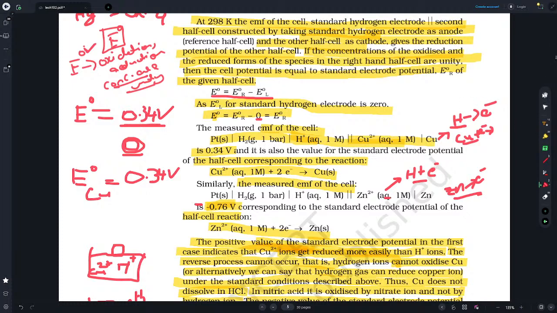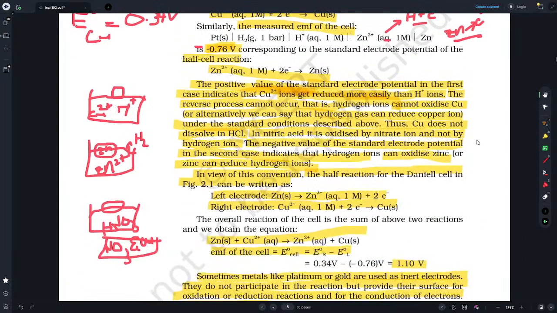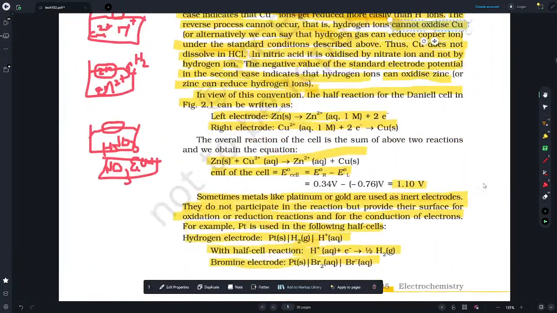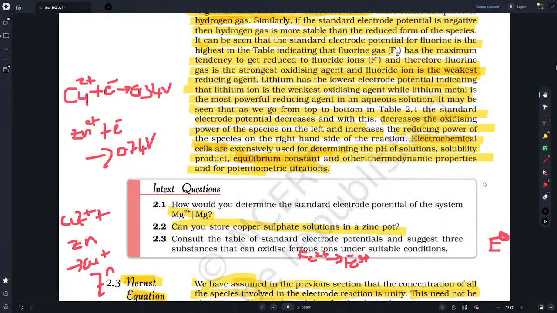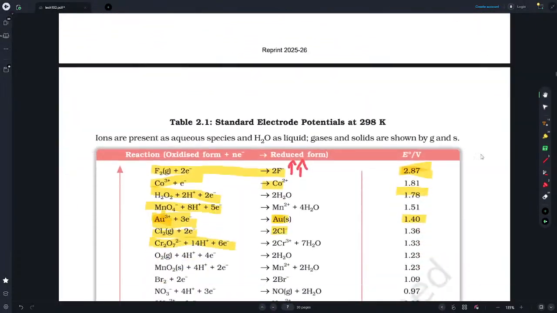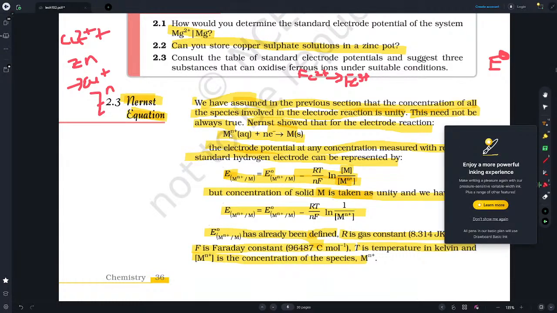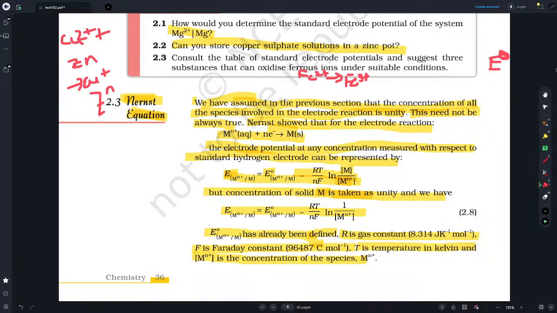In realistic situations, most of the time this is not possible, as unity is not mostly possible. As such, in realistic situations we use the Nernst equation, which will give us the actual potential. In the previous section we assumed the concentration of all the species involved in the reaction is unity. Nernst showed that for the electrode reaction M n+, the standard reduction reaction where the metal ion is gaining electrons,